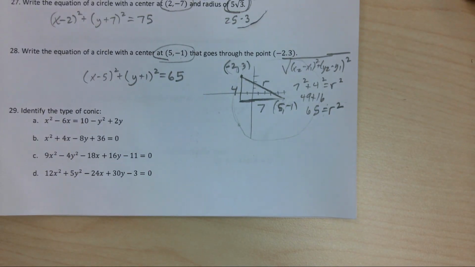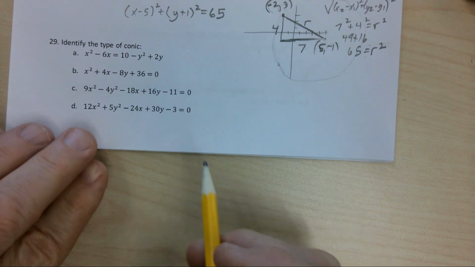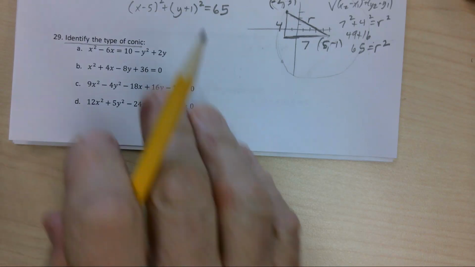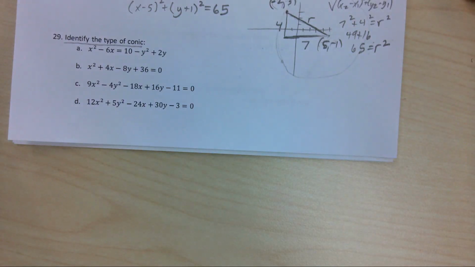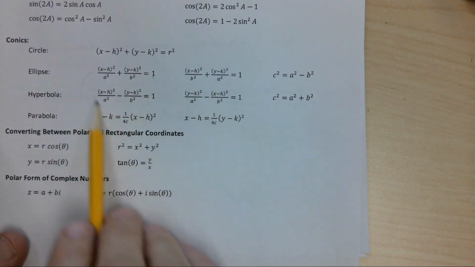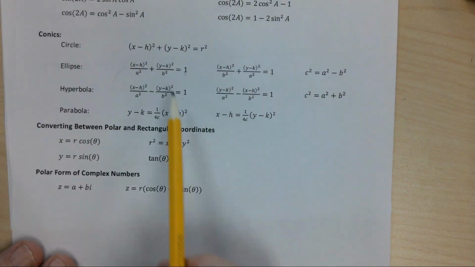So there you go. All right, we're going to squeeze number 29 in, and then we'll finish this particular video. Identify the type of conic. Well, it wouldn't be a terrible time to have your formula sheet out, just to look for some clues. You can refer to it if you want, but notice